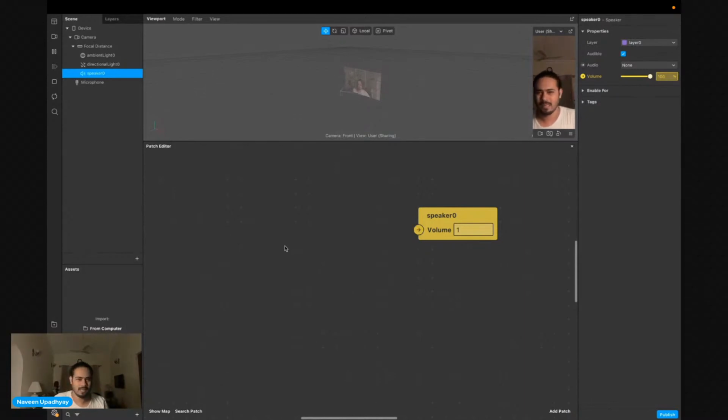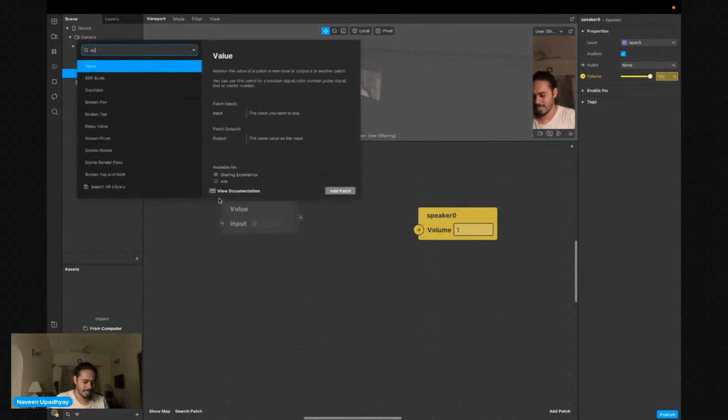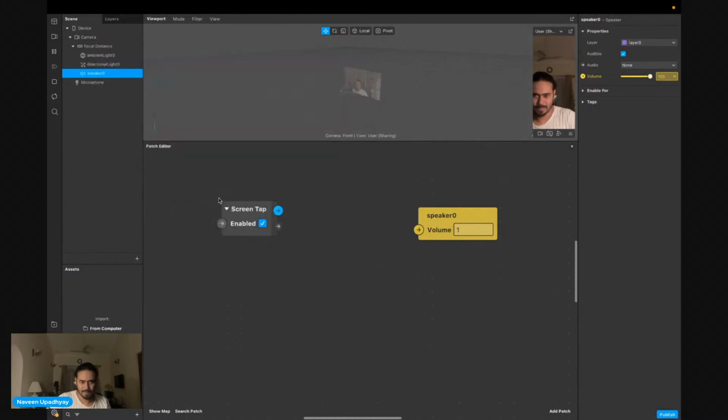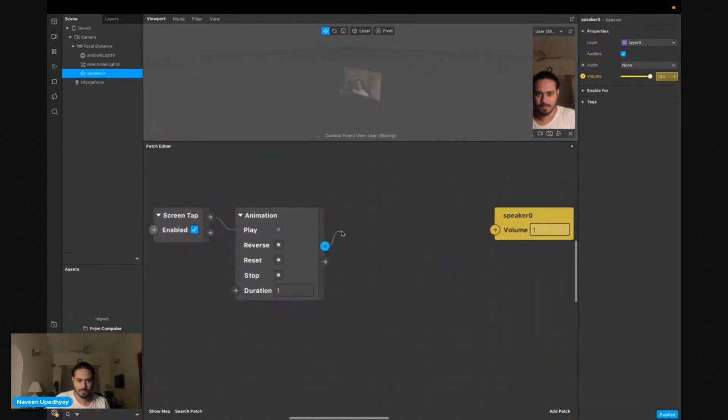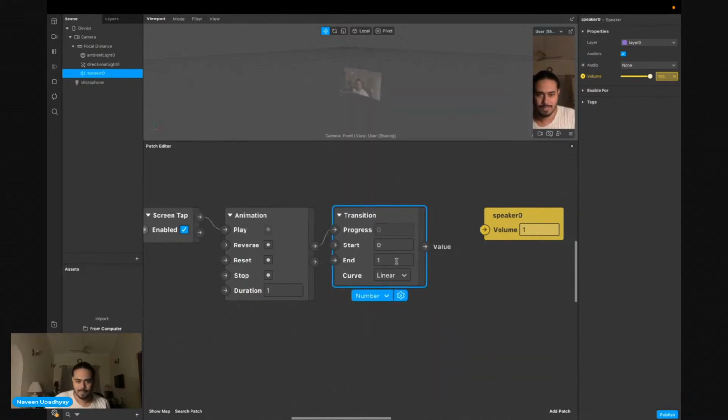So let's say on the screen tap, this music should have an animation to make a transition. Since it's just a number, I'm going to go with number. So if I screen tap, the volume should be reduced to 0.5. This is 50% of the value.